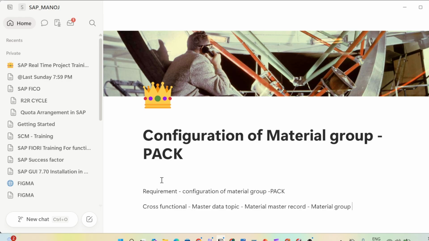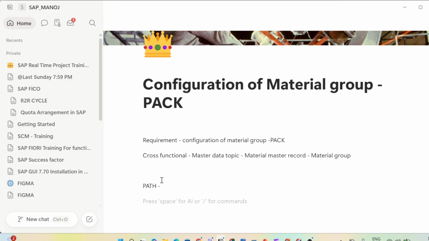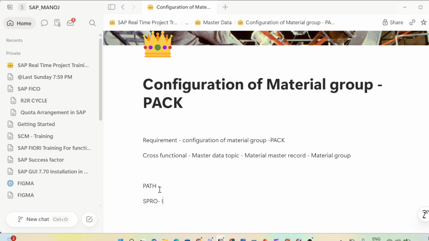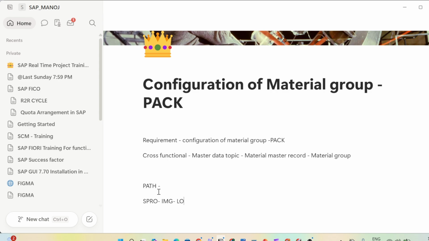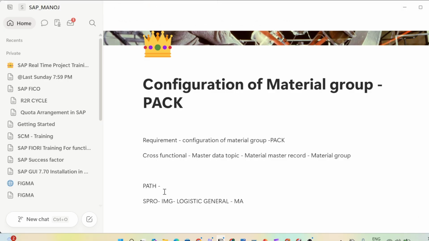Okay, so we are going to configure that requirement. First of all, it can be done in two ways. One is through the path. So what's the path for that? Just go to SPRO, go to IMG, go to Logistics General, and after that go to Material Master.